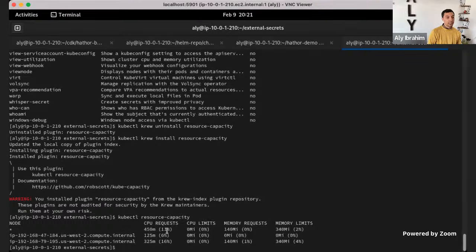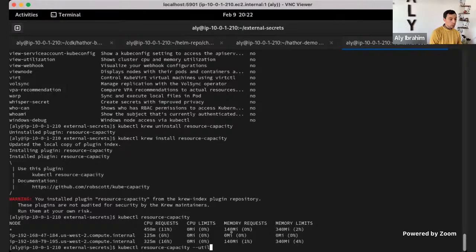So how many requests and limits did you add on your pods? It will check that and tell you, okay, this is a very small cluster, but currently those 2 nodes are, one of them is used like 66% and the other one is used 16% from the CPU perspective versus the memory perspective. This is not the current utilization, but this is the utilization that you defined as requests and limits.